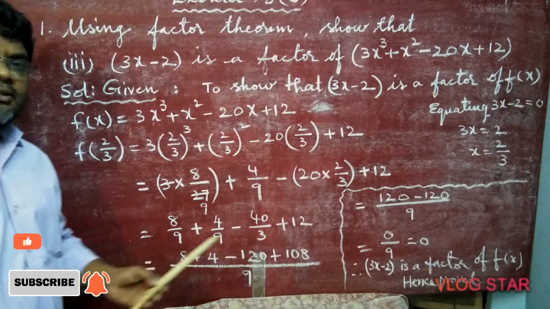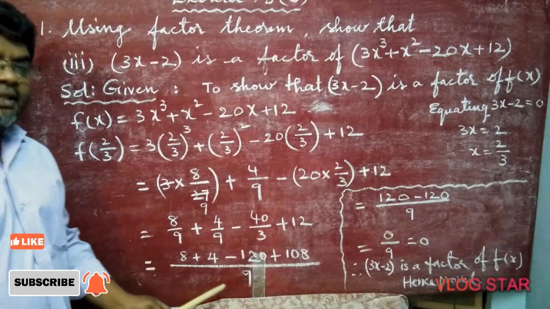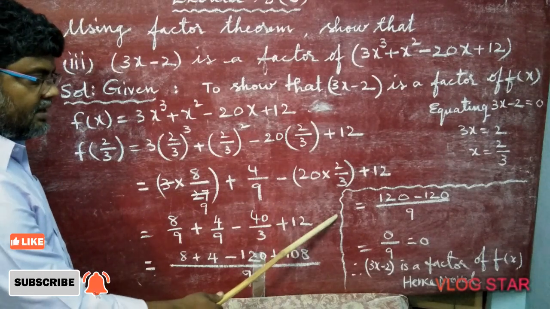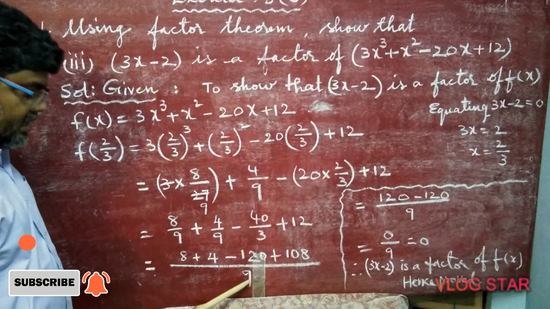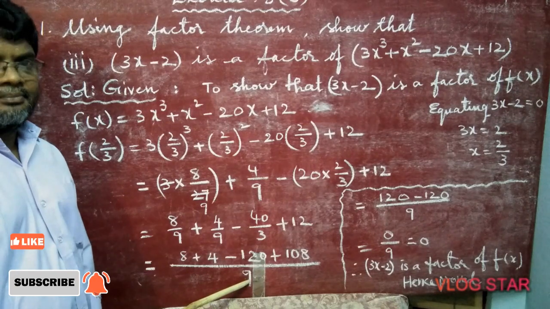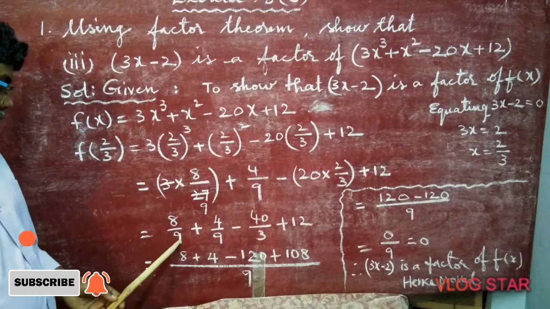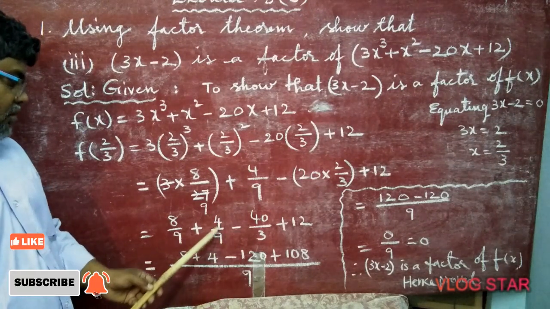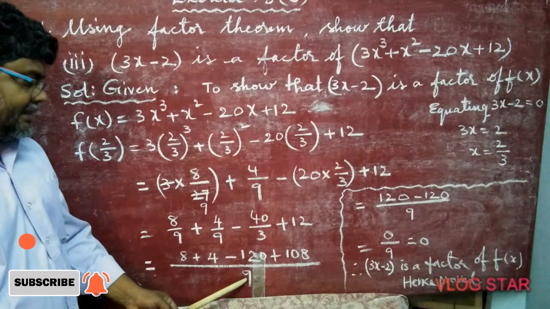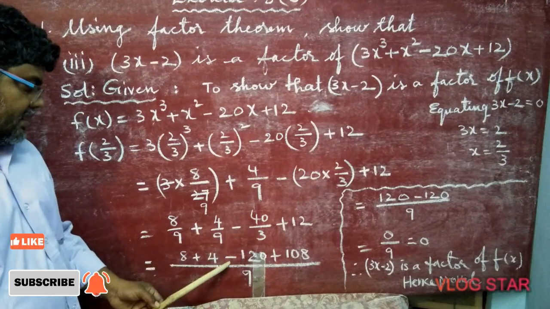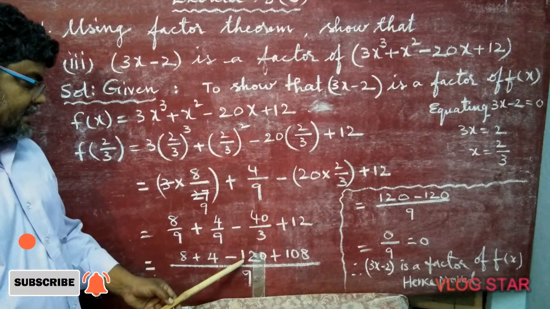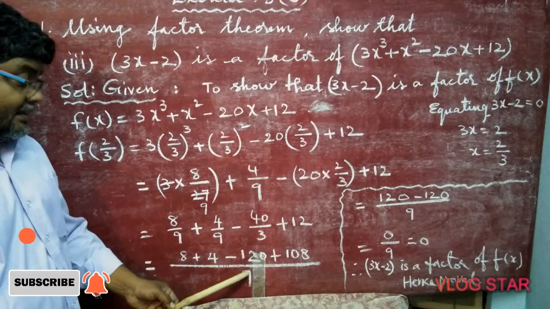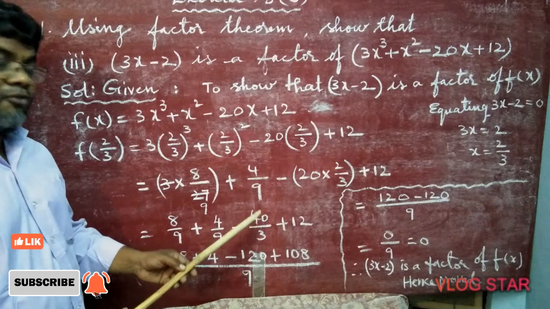Addition of a fraction or subtraction of a fraction, we have to take the method of LCM. Here the highest number is 9. Otherwise you find LCM for 9, 9 and 3. You will get 9 as LCM. 9 goes in 9 one time, 1 8s are 8. 9 goes in 9 one time, 4 1s are 4. 3 goes in 9 3 times. Here minus is there, here also minus. 4 3s are 12, 20 into 3 is 120... 3 goes in 9 3 times, so 40 into 3.